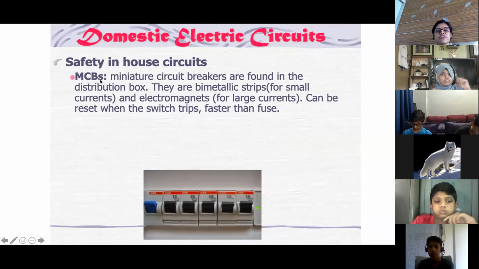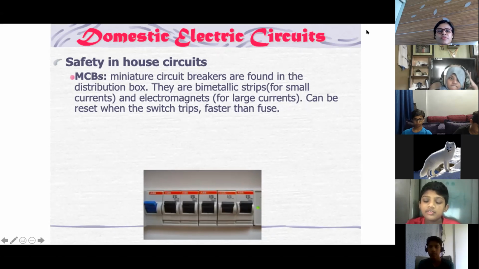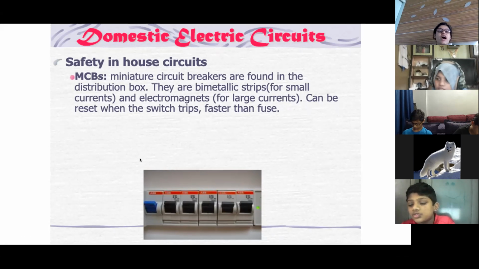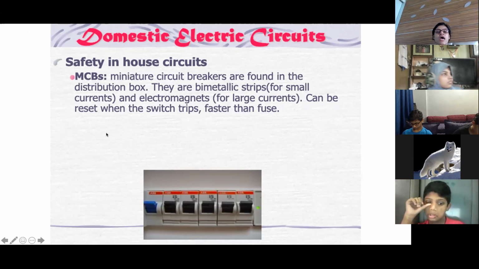This is a miniature circuit breaker. This is there also if you observe in your house. Have you seen this in your house? Anyone has seen this in your house? Yes, ma'am, but I have only one switch like that. So what happens if there is some short circuit? That is the main switch. If we close that, every appliance in our home goes off. You have a main switch only. So usually we have, for all rooms, this type of connection, so that if some high current flows, this automatically goes down and protects the devices in the room. And then you see that if it has gone down, you will just put it up and all the current will come to your device.